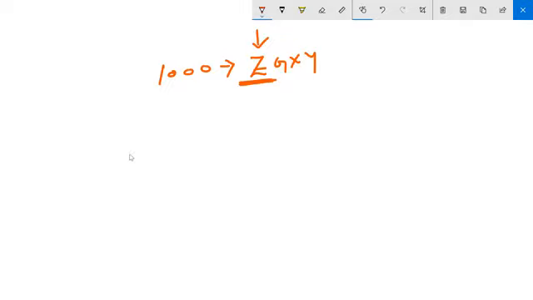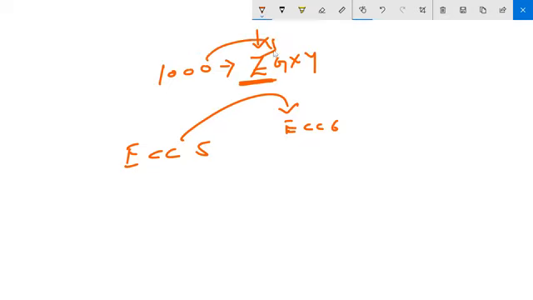So let's say you are upgrading from ECC 5 to ECC 6 version. What happens? The system will overwrite all the programs and everything, right? But you have done lots of customizations and configurations by copying something. If you prefix it with Z, the system will not touch this object because these are user-defined objects. If you don't prefix it with Z, the system will override this and your configuration will be lost. That's the reason whenever you're copying and creating something, you need to prefix it with a Z.